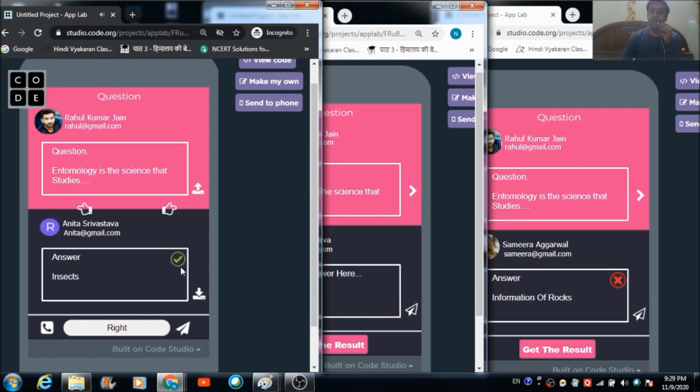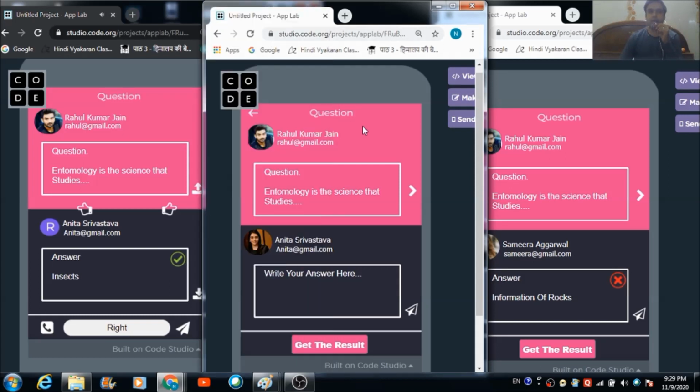See, the image has automatically changed to a tick mark, right? Now let's see how Anita is going to receive this result. So Anita has received the result over here. So this is how a person can interview two or more persons on this platform, and it is a real-time mobile application. Anyone can use it on his or her mobile.